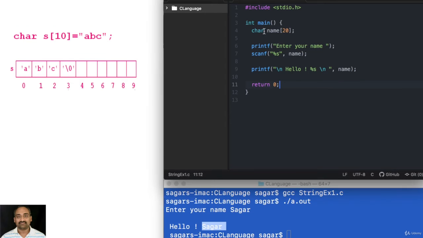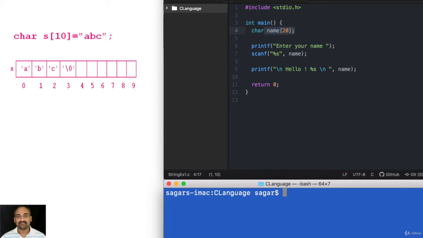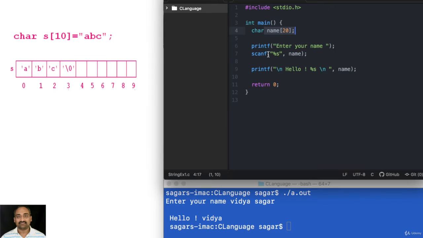Sagar is stored in the given character array. Now we will get to another interesting point. When it says enter your name, I will say Vidya Sagar. I got only hello Vidya, but I didn't get Sagar, because scanf by default considers the space as a separator.